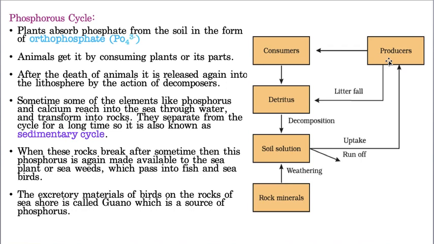And for example after the dryness, the leaves completely become dry and they fall off from the plants. By this drying, this litter falls. That means the dry parts of the plant body will fall on the earth, and that is called litter, and they also undergo decomposition. So these are the two ways by which the producers are releasing their parts to the decomposers, and by the decomposition, again this phosphorus is entering into the soil.